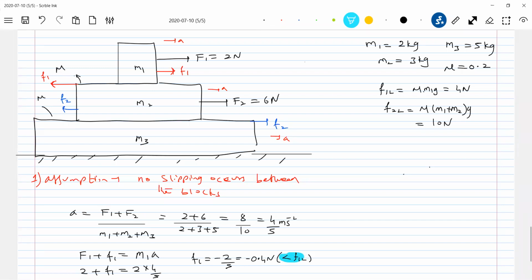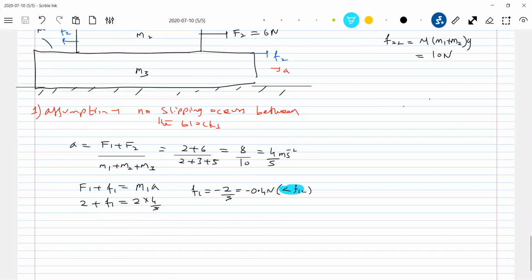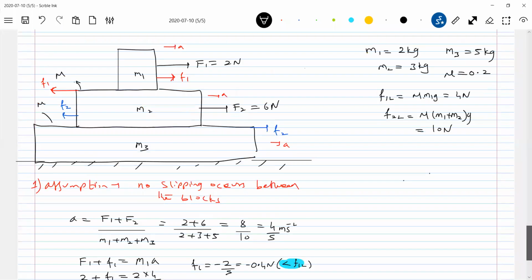So what we assumed was that friction was opposite. I just brought this problem so that you can understand. So don't get scared. It's a negative answer. Something went wrong? No. Later on, in the end, we'll change the direction of friction acting on the blocks. I got less than F1L. So what should I conclude? No slipping occurs at M1, M2. Therefore, no slipping occurs at M1, M2. And now after this, I will go for